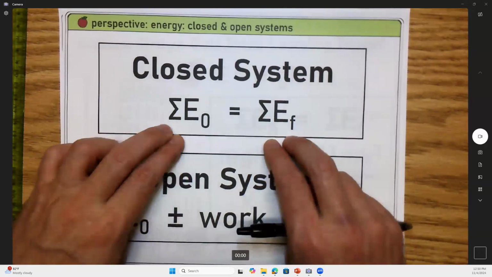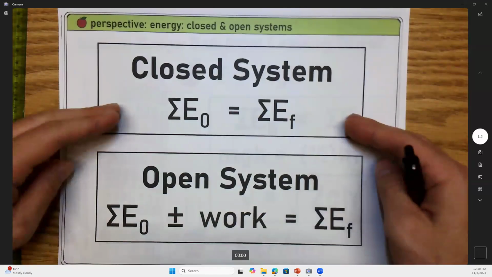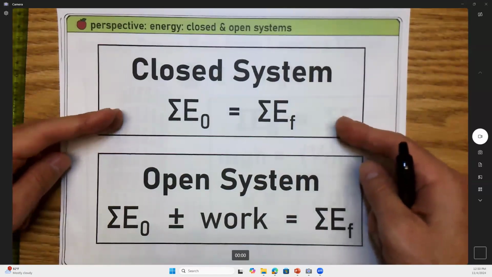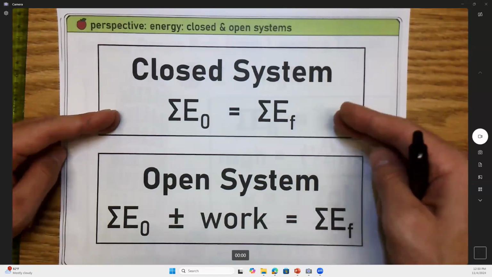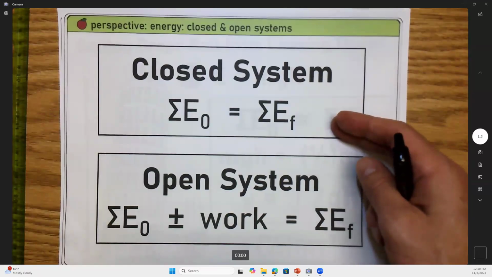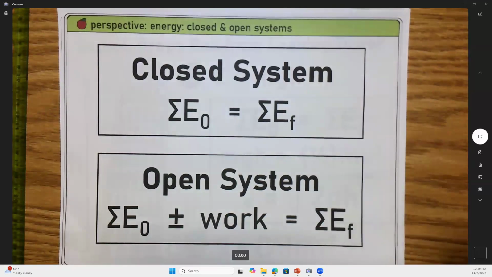I might call it like point A and point B in a system. Maybe something's changing height. Maybe something's changing speed. Maybe there's a spring that's unspringing. It could be all of those, any of those. Right. Energy is conserved. Look at that. This is also saying conservation of energy. However much energy I started with in joules is however much energy I end up with in joules. Maybe a different location, maybe a different speed, maybe a different height, maybe the spring's unsprung, but it's the same quantity of joules everywhere. And I can use that to solve things. You guys see that? Kind of the big picture thought process.